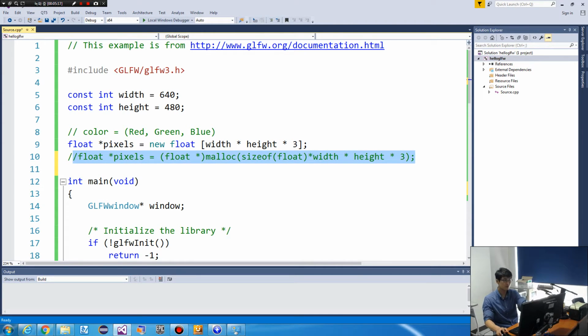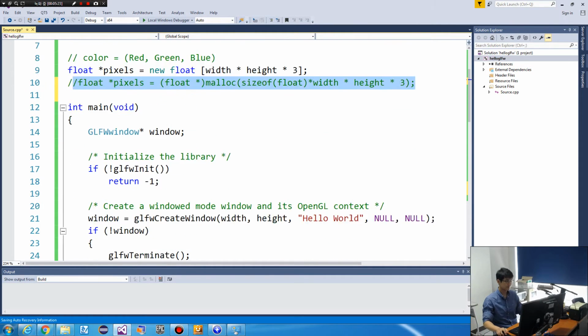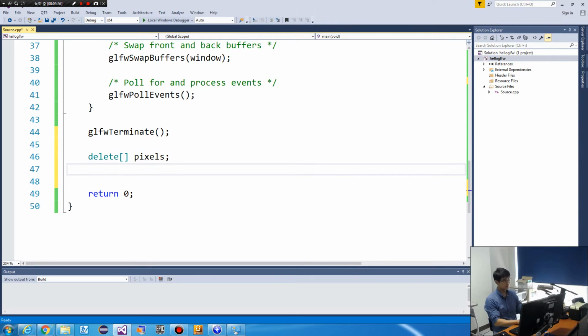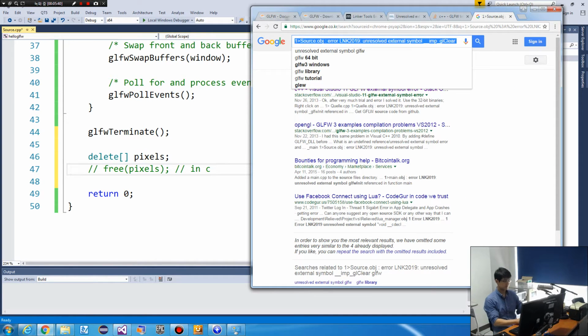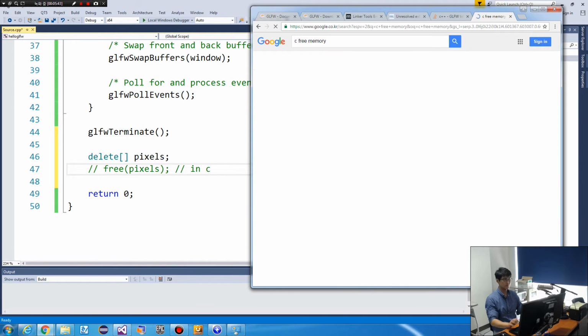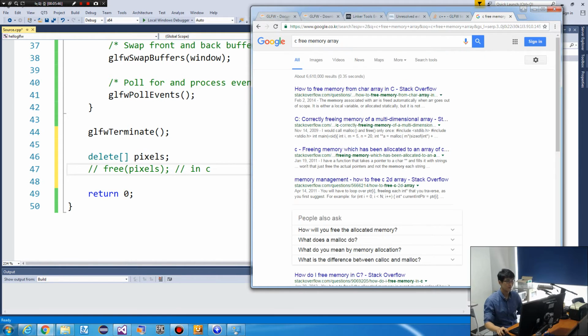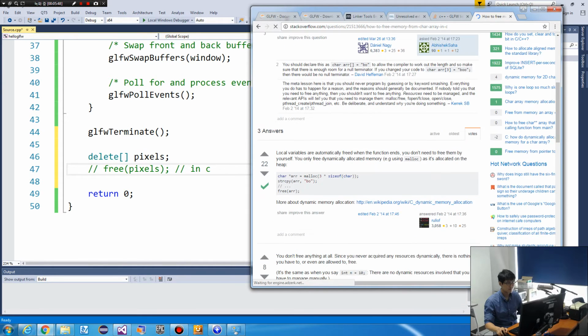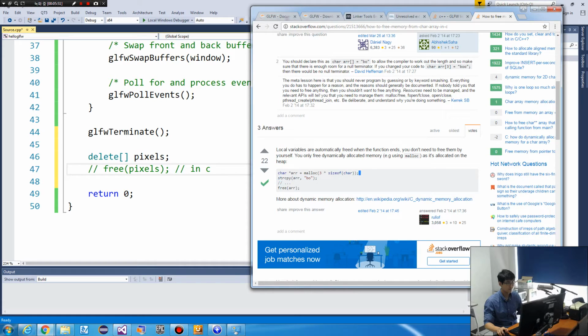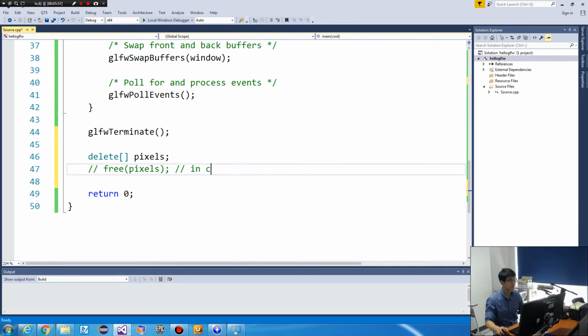If you don't understand this one, you will be in trouble understanding the next part. This is an example of dynamic memory allocation. You should have known this one.